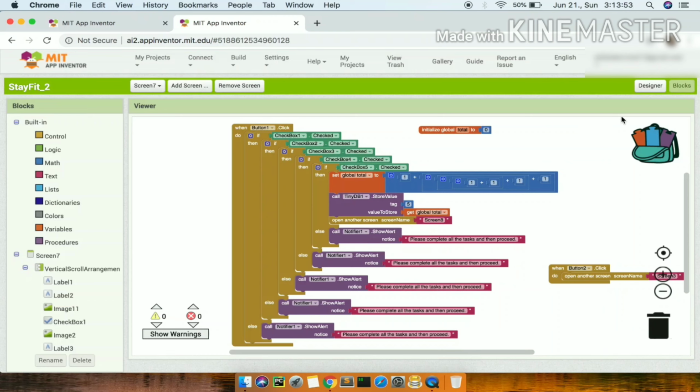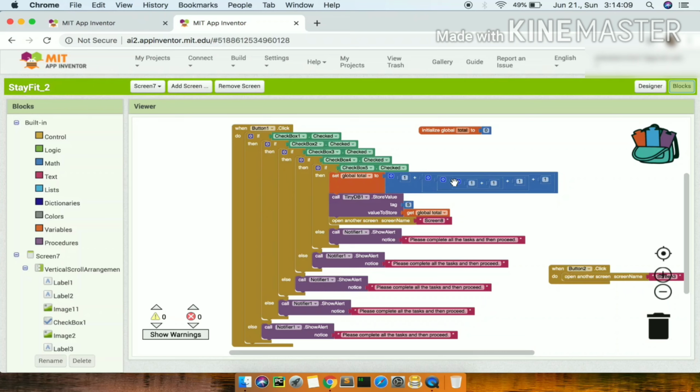Then it will set the global total variable value to 5, and the value will be stored in tag 5 of get global total. And then it will open another screen, and else it will call notifier and show the alert: please complete all the tasks and then proceed. And when button 2, which is a back button, is clicked, it will take us back to screen 3.